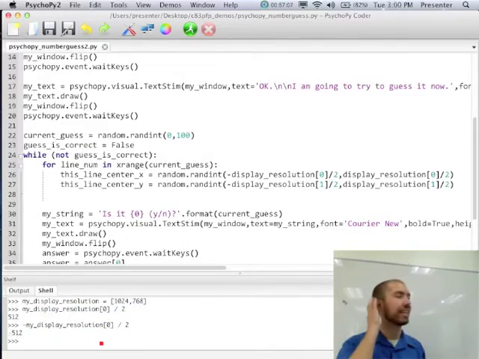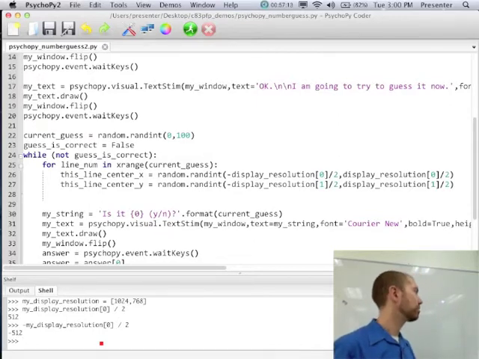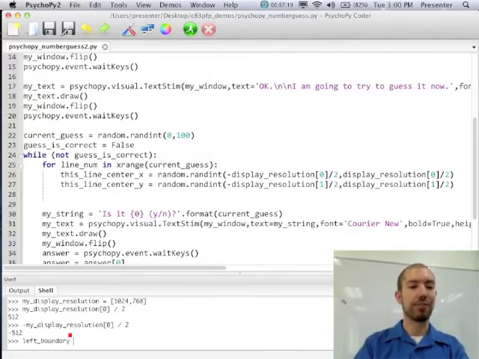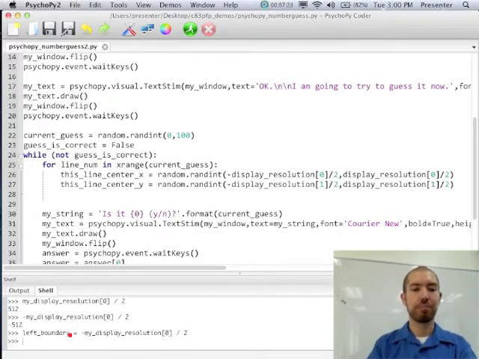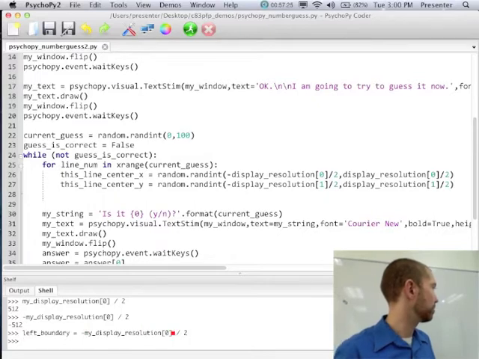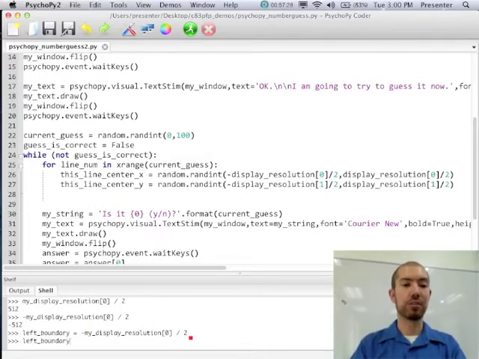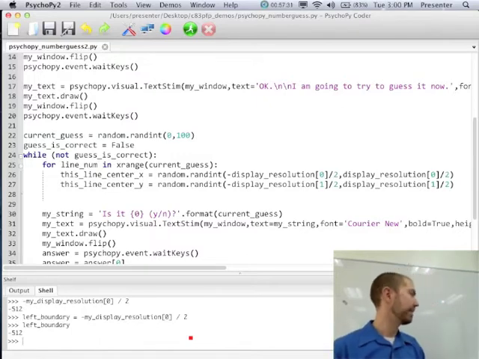I can always calculate that whenever I want to calculate the number minus 512 from the display resolution, right? But of course, if I'm doing that a lot, it might be easier to just create a new variable called something like left boundary, and have that be my negative display resolution 0 divided by 2. Then whenever I want to refer to that number, I can just say left boundary.